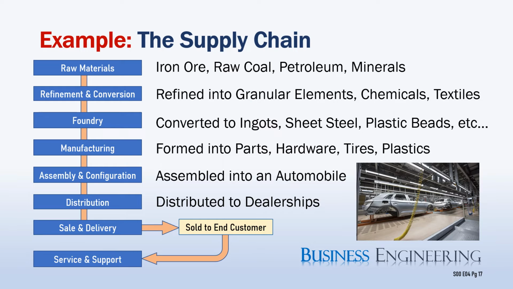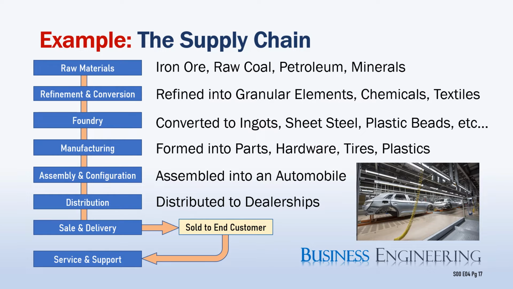If we consider the assembly and integration process of a conventional automobile, it has a high concentration of parts, which are from steel, iron, aluminum, petrochemical, and other minerals. This example follows the supply chain from the raw material mined from the earth into refinement, conversion to substances, formed into parts such as body panels, plastic parts, hardware, and tires. Those parts and subassemblies are integrated into a fully assembled automobile, shipped to a dealership, and sold to an end customer.